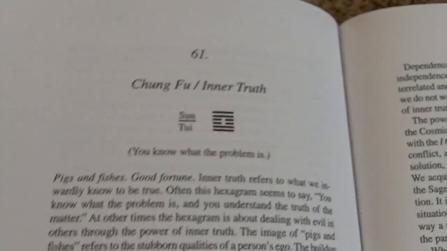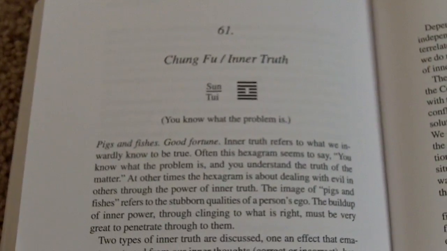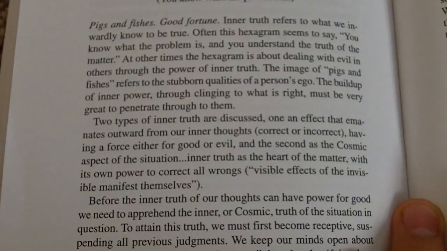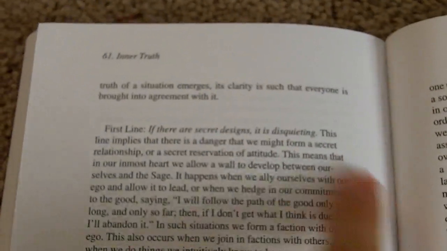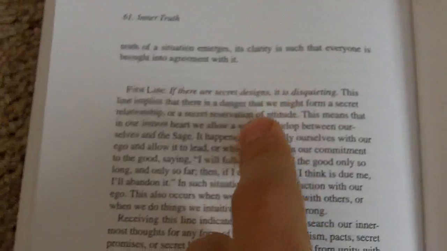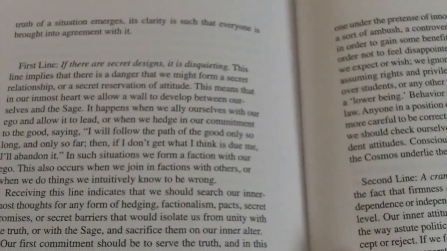Now a moving line just gives you more insight on a situation. So now we're going to pull into here, and it says, let's see, sorry about that. This is the hexagram I pulled, and what we're going to do is just read the text here, and then because we had a moving line, we're going to come to the end of the passage, and it says first line. Now we're going to read the text of the first line, and that's going to give us even more insight